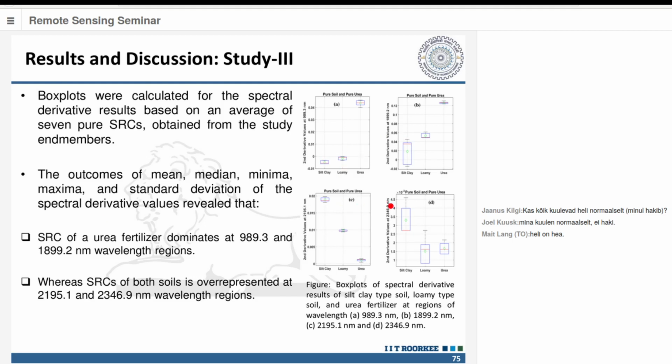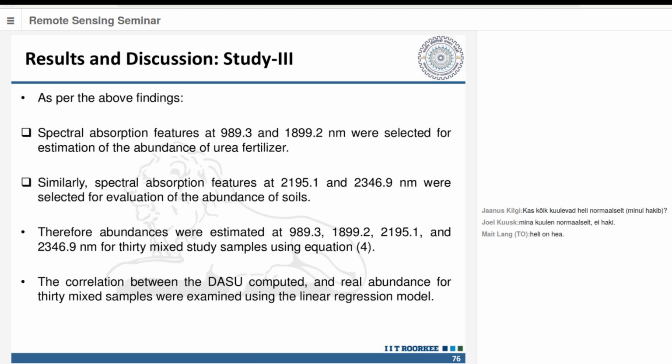Then we have also calculated the box plots for these wavelength regions, and the spectral reflectance curve of urea fertilizer dominates at 989.3 nanometer and 1899 nanometer wavelength regions, and in the soil case 2195.1 nanometer and 2346 nanometer wavelength regions are dominant. So as per the above findings, for these two wavelength regions I have utilized the spectral absorption features for the estimation of the abundance of urea fertilizer, and two wavelength regions are utilized for the evaluation of the abundances of soils,